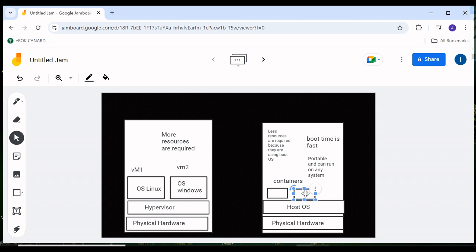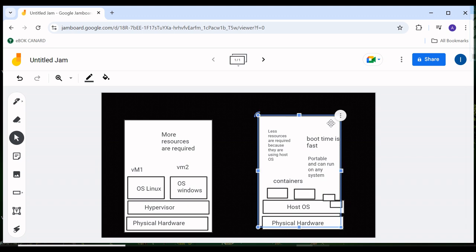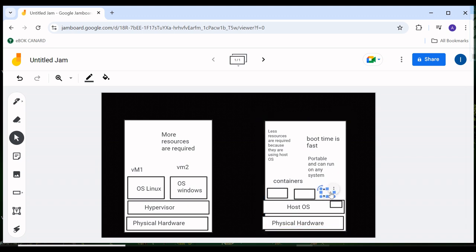Containers start quickly and are lightweight, which makes them perfect for environments that need to scale rapidly. So, I will try to draw some boxes here. So it is very easy to scale up our containers. So one, for example, and I'll create another real quick. So it is very easy to scale our containers, whereas we can scale virtual machines as well, but it's a bit time-consuming when compared to Docker containers. So in conclusion, I will try to write a text box here as well,